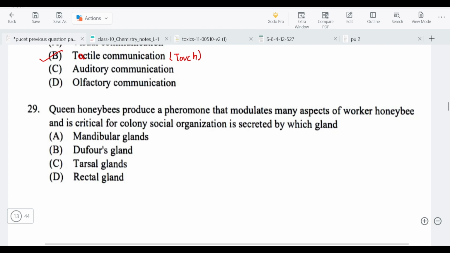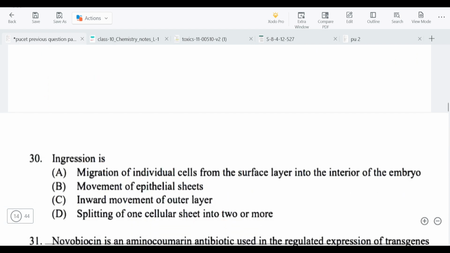The queen honeybee produces some pheromones or hormones that regulate worker honeybees. And this pheromone is secreted by the mandibular glands, right? So queen mandibular glands regulate social behavior in bees. How interesting, huh? Next question,